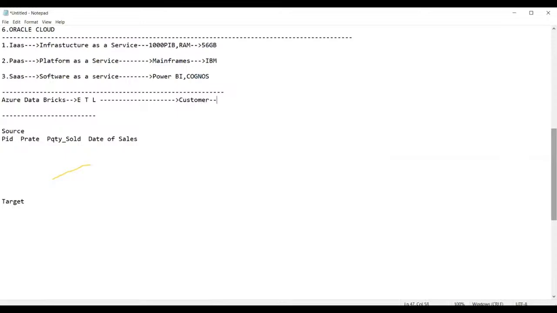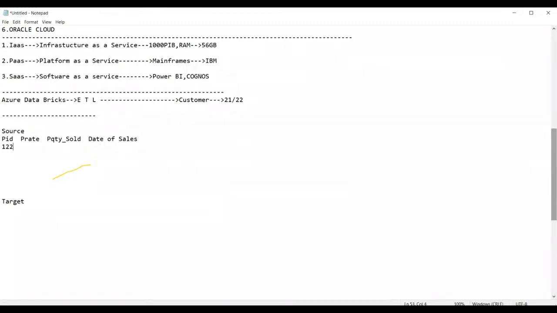The customer wanted to know what is the sales difference on the 21st of this month and the 22nd of this month, whether the sales have increased between these two dates or not. To report this to the customer, you require the source, consisting of the following information: product ID, product rate, product quantity sold, date of sales.